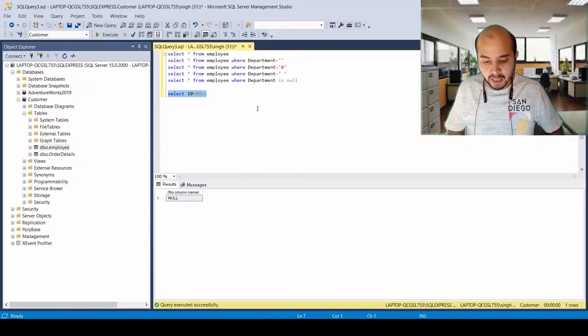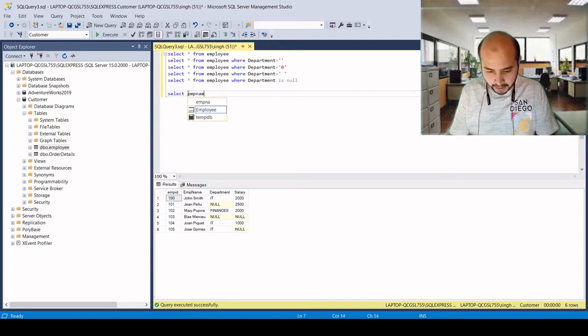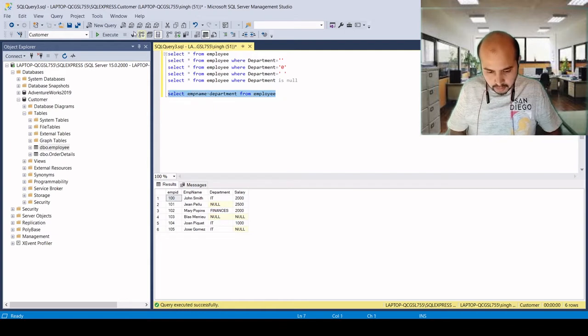Here we have a table called employee. Let's see if we add department and employee name. Let's say employee name plus department from the employee table. Let's see what we get.